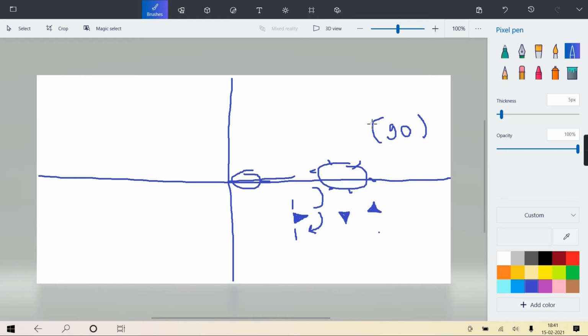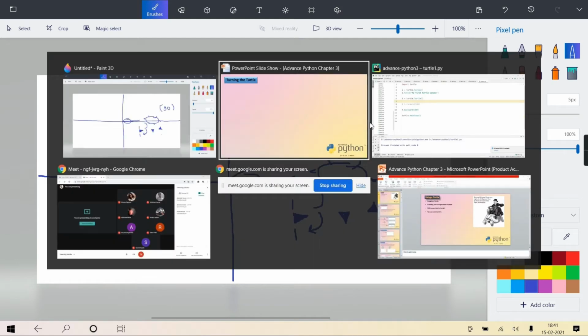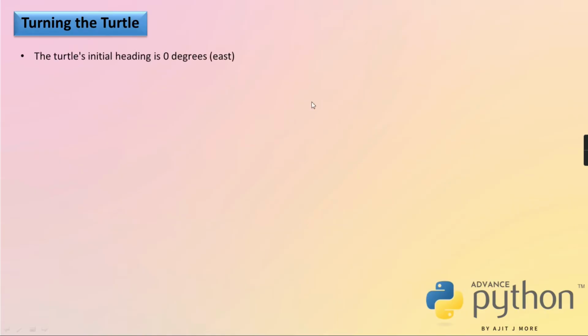So forward and backward is always in the direction in which it faces. Whichever side it is facing, in that angle it will move ahead or come back. Okay. Now, for moving the turtle face, there are methods given.